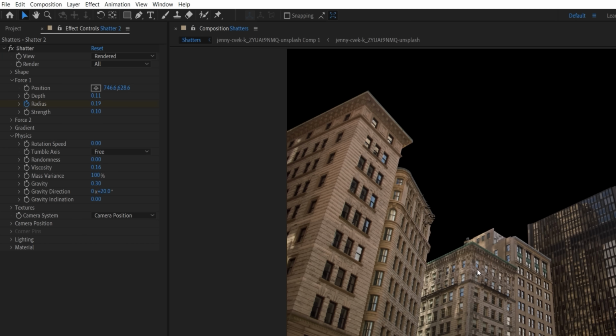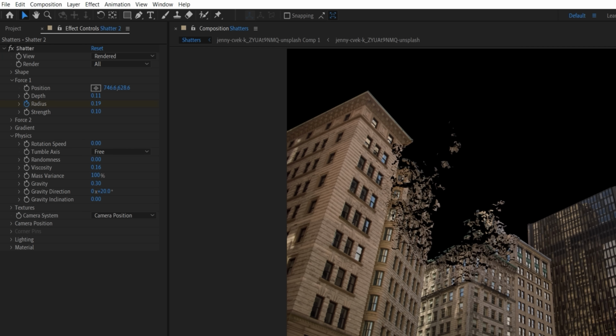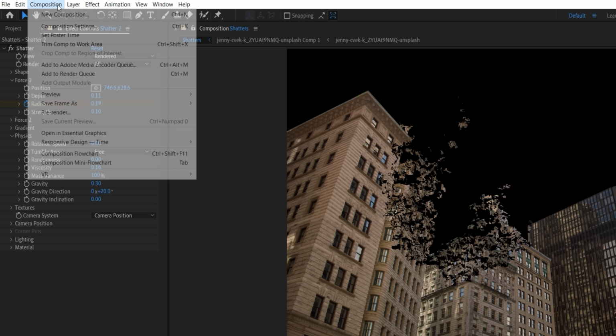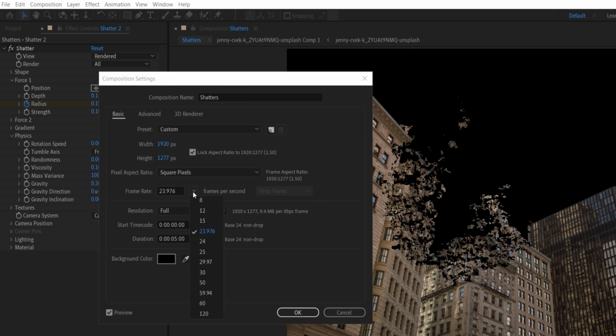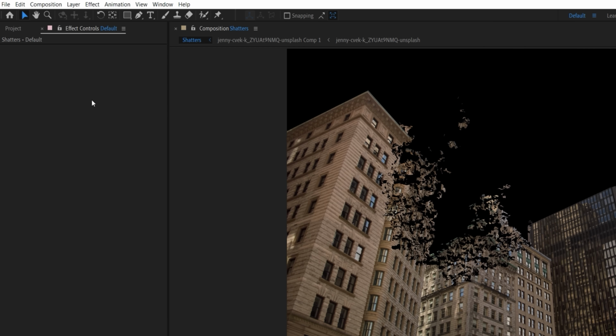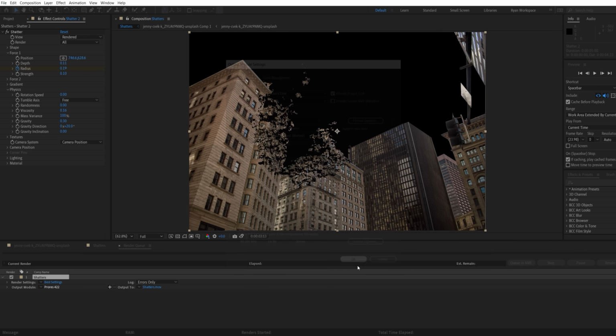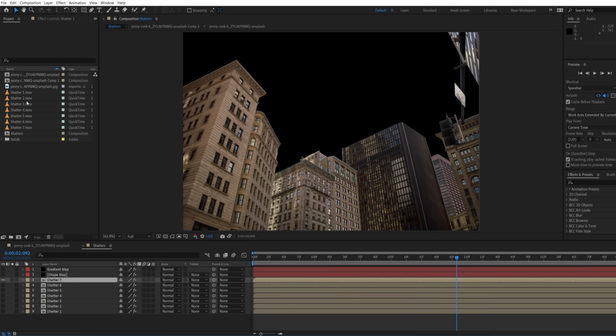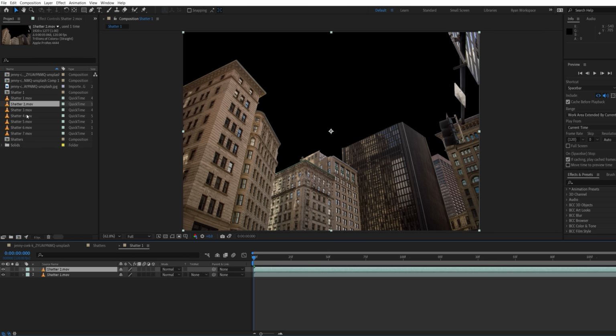One thing we found was we weren't able to get the shatter animation as slow as we would like, while also covering the area we wanted the way it does in these faster versions. Our way around this was to change the comp to 120 frames per second and render out our different versions with alpha. Bringing each of these renders into a new comp, we layered them up in an order we liked,